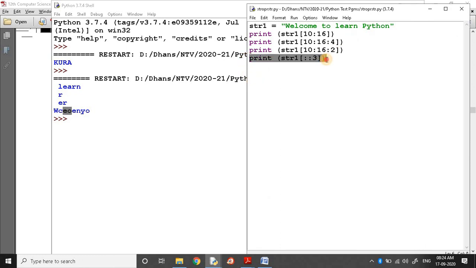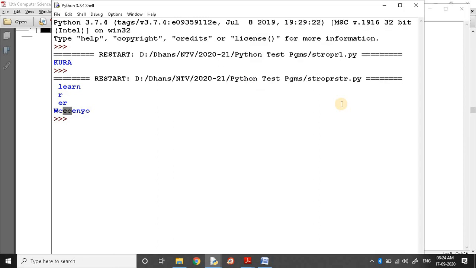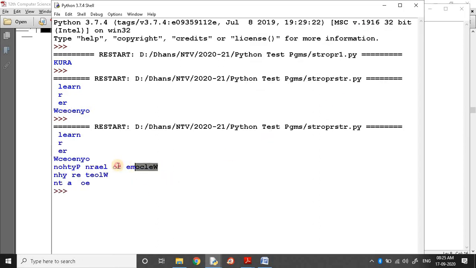A negative value can also be specified as a striding argument: -1, -2, -3. What will happen? You can see clearly. So welcome to Python, learn Python.